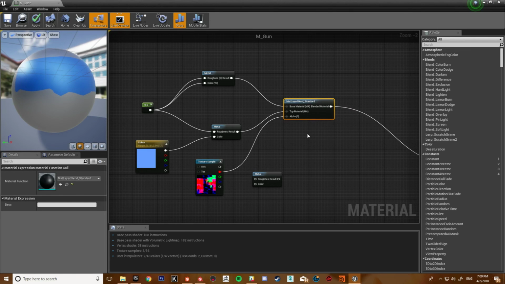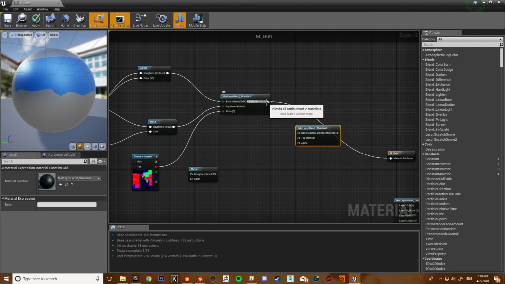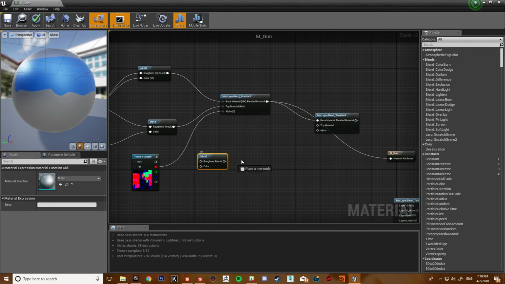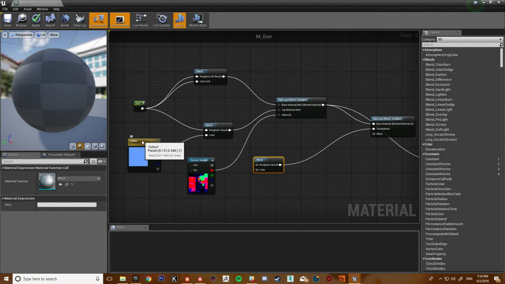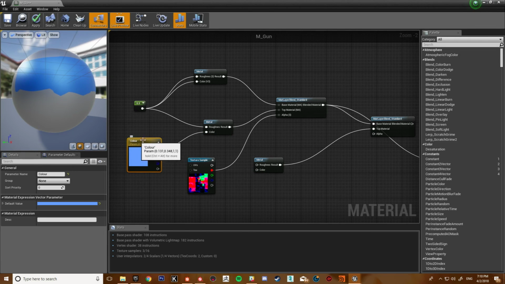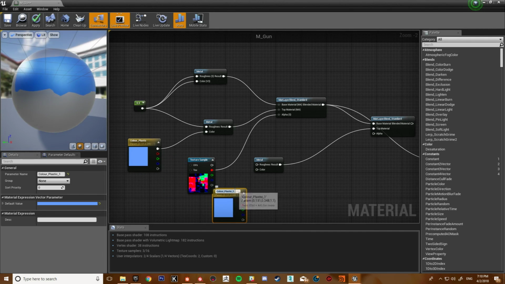So if I take this and get my other metal, this one's technically becoming our plastic now. I haven't made a plastic material, but colour plastic, and metal.